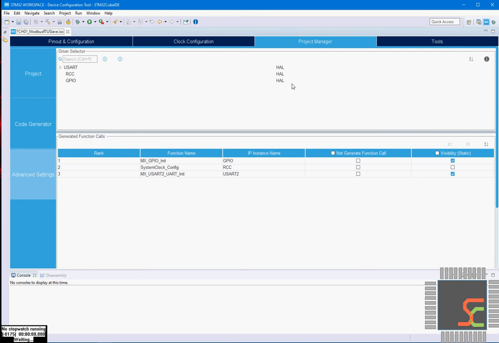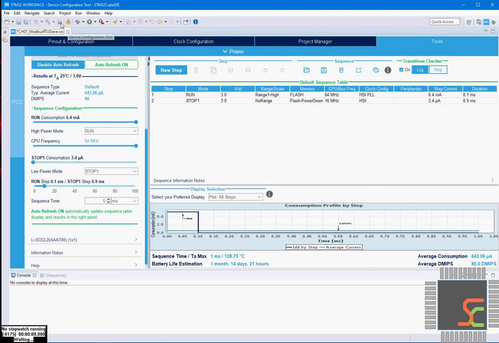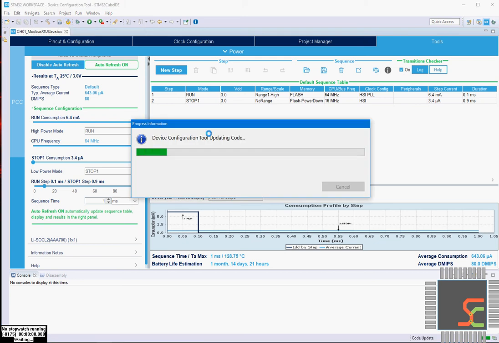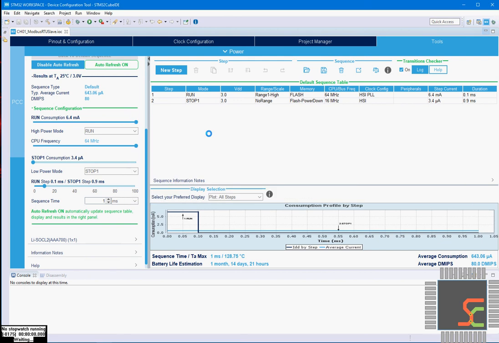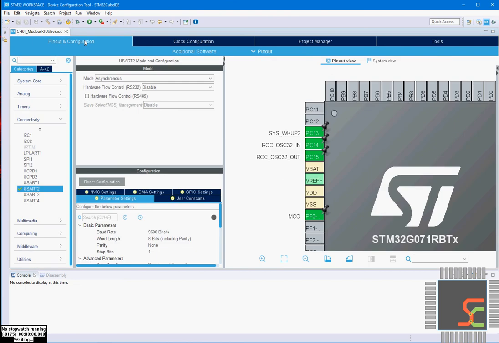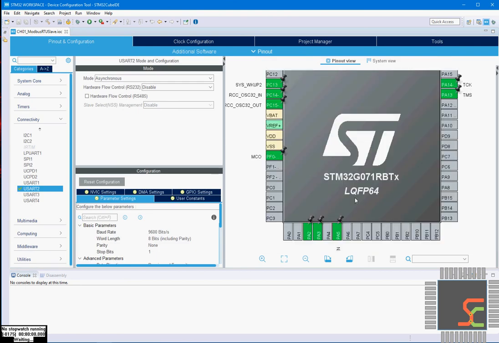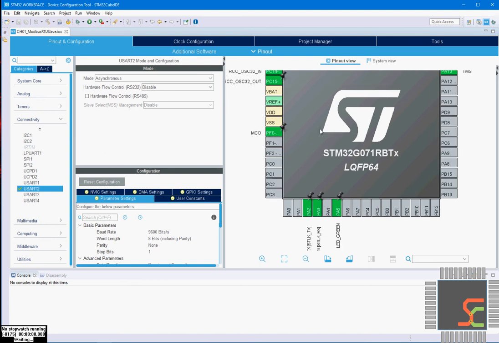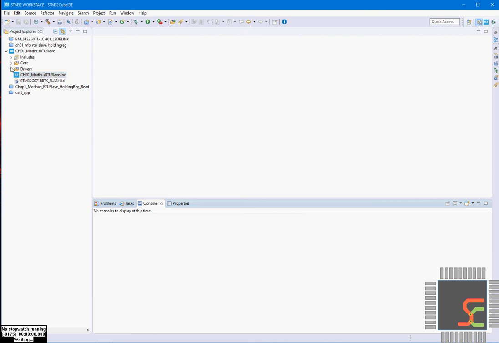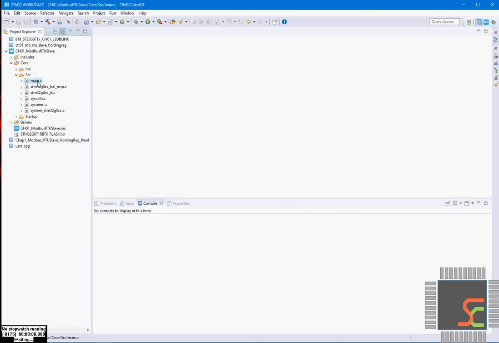HAL means hardware abstraction library. These are like a skin layer of programming tools, pre-programmed by ST. Rest all, that's it. Now we will generate the code. We have to remember that the code generation produces only those things which are related to our configuration, what we did in this configuration. Like we configured some pins, maybe input output, so only for that it generates the code. Once that is generated, we can see our code in main.c.